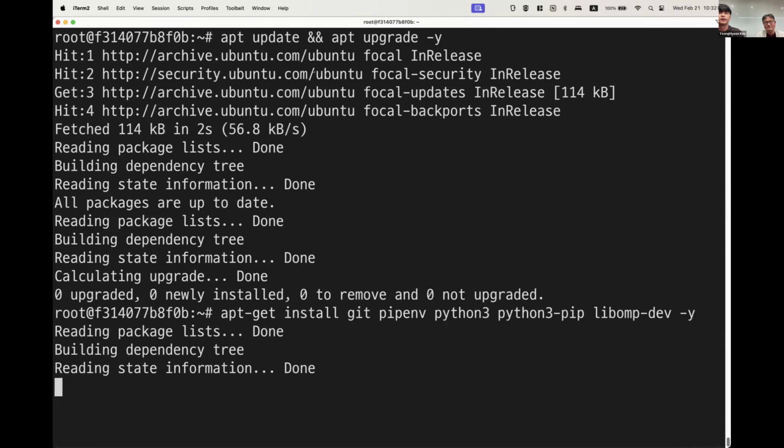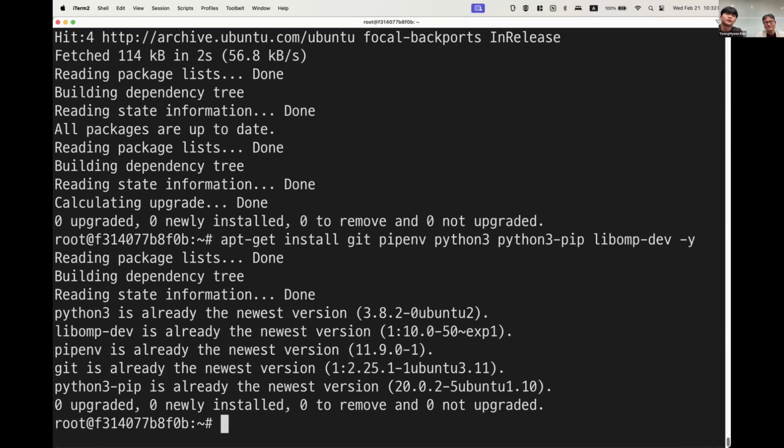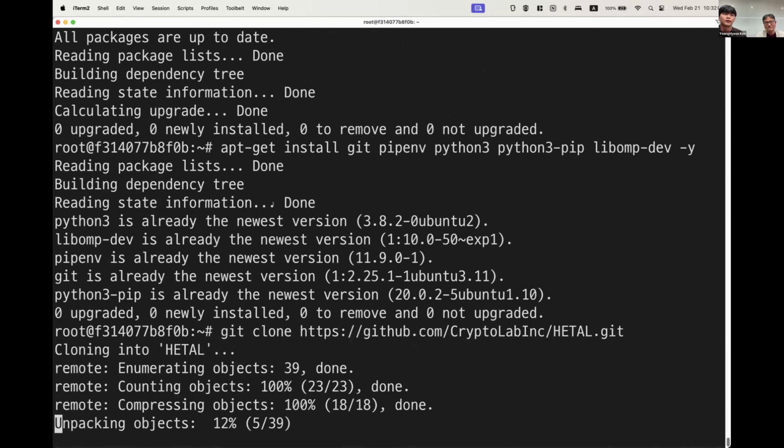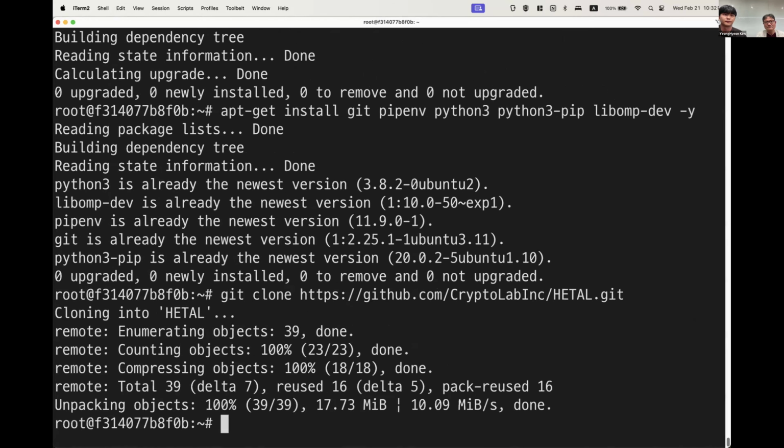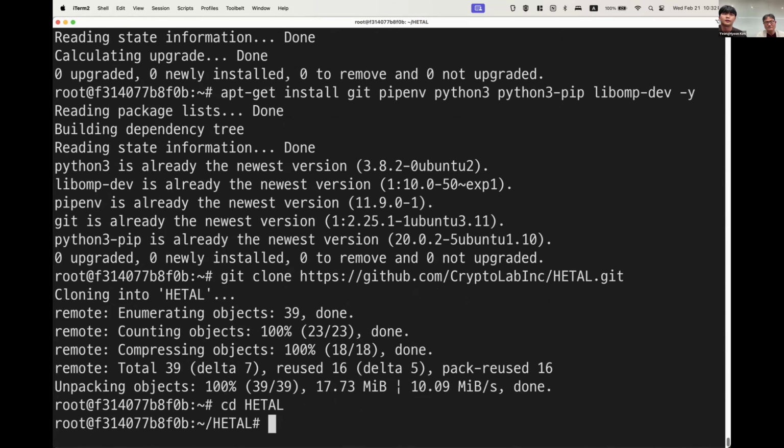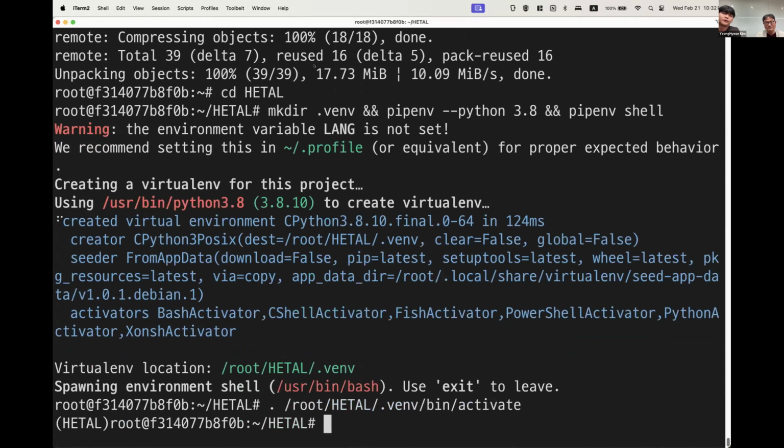Then download necessary packages such as Git and Python. And next, clone the HEaaN GitHub. And set up pip env. While it's not mandatory to set up pip env, I would recommend doing so.